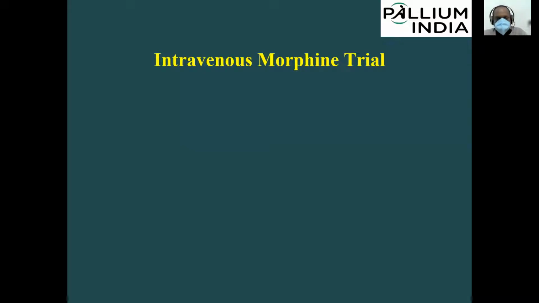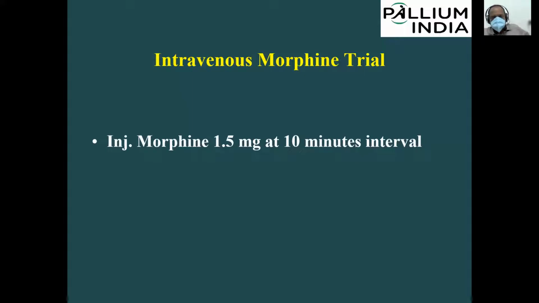So in Kerala also we have 15 milligram in 1 ml. As she told, we will dilute the 1 ml of morphine with 9 ml of normal saline. So the total 10 ml contains 15 milligram of morphine, and 1 ml equals 1.5 milligram. Injection morphine 1.5 milligram is given at 10 minute intervals. But do you expect any immediate side effect by administering injection morphine?